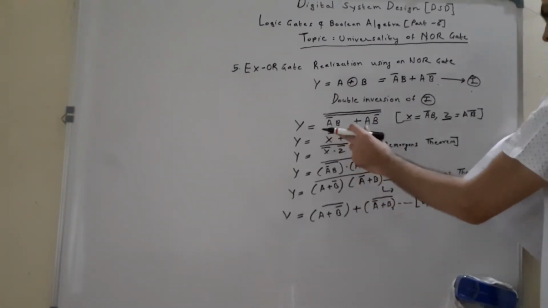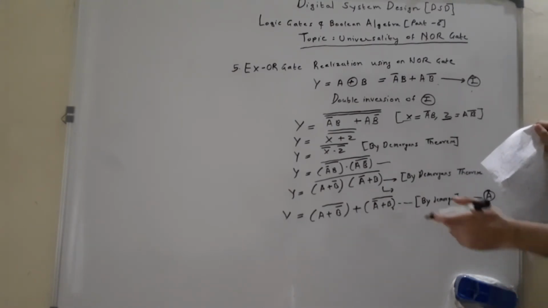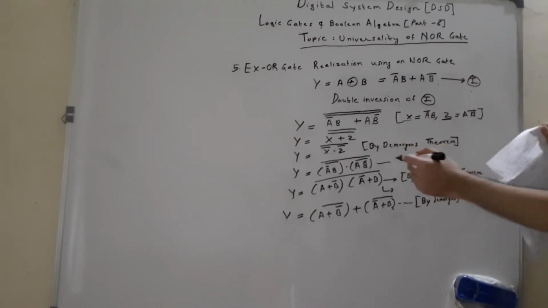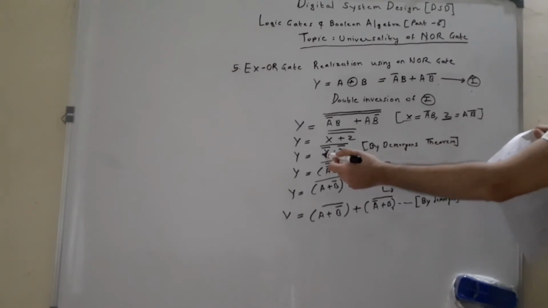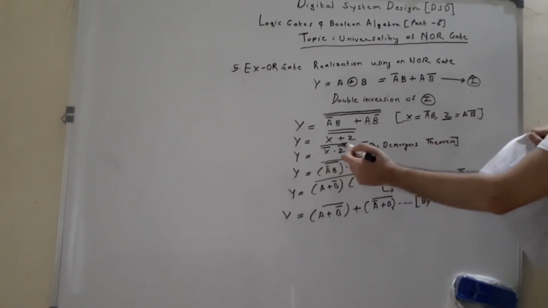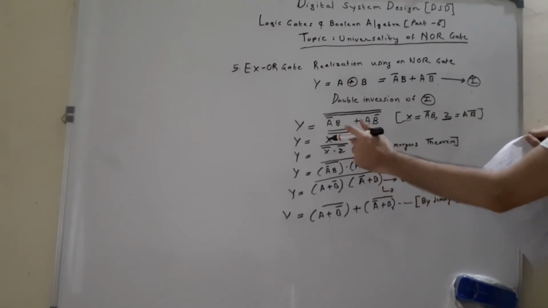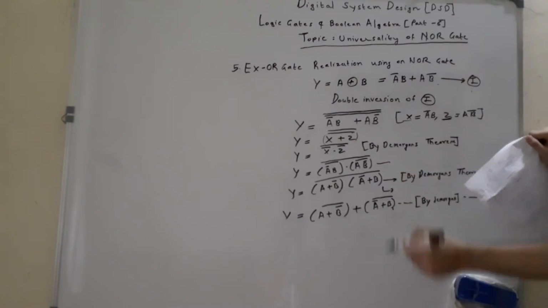But if you observe the expression, x plus z, the whole complement. What is x plus z complement? x plus z the whole complement is equal to x bar dot z bar, which we obtain using De Morgan's theorem. So that's why in the next step I have written Y is equal to x bar dot z bar, the whole complement, because I have applied De Morgan's theorem to its inner complement.